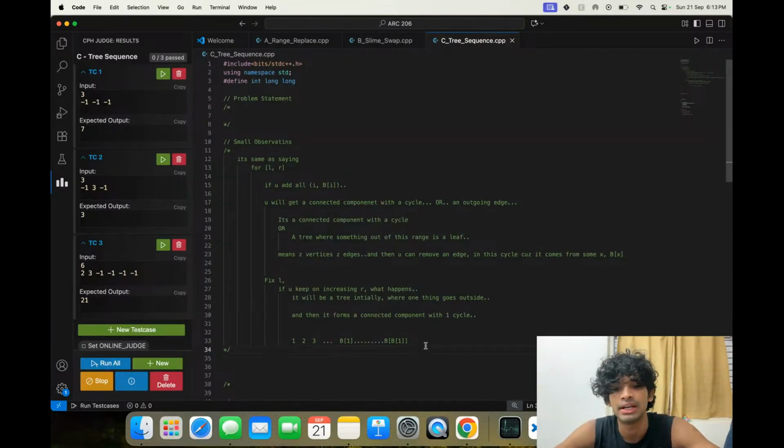And at some point what happens is some b of I may fall here, then the cycle happens, and from this moment onward nothing else can fall forward. Nothing else can fall this side. Everything must get connected. Why? This thing is already connected, and then you have these many things. So everything that comes must get connected.